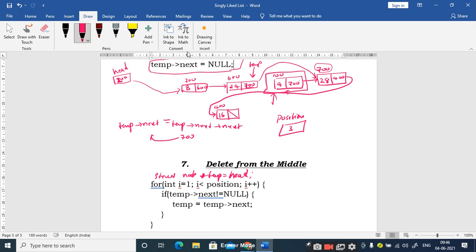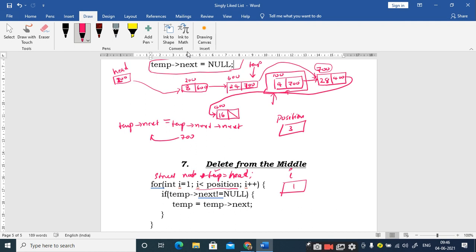Yes, sir. Right. So I have created a temporary pointer and I have assigned the value of head to it, and then I used a for loop, for int i is equal to 1, i less than position. You can make necessary modifications based upon this, right? It may be i less than position minus 1 or i less than position minus 2, then i plus plus. Let us see. Assume that position is 3 and i is equal to 1. Now where should my temporary pointer be pointing? My temporary pointer should point to which node?